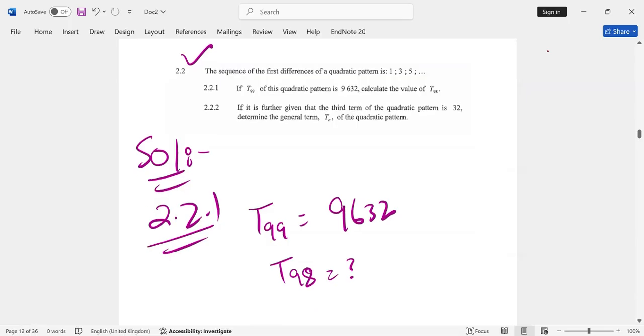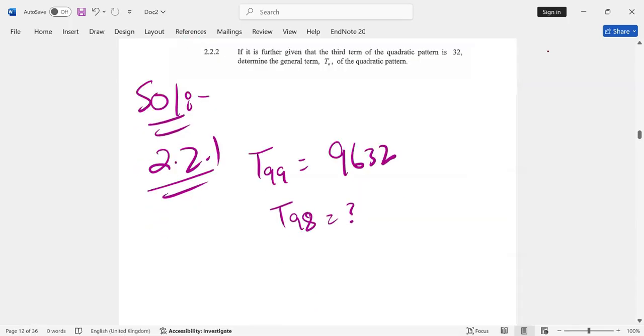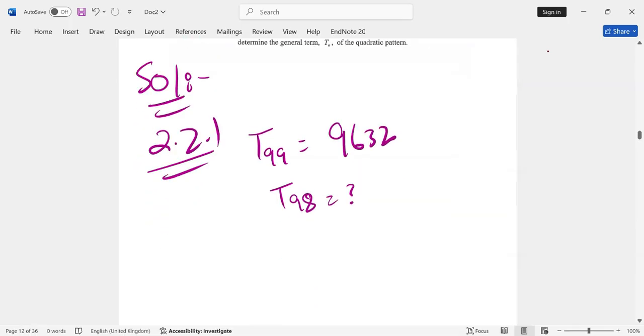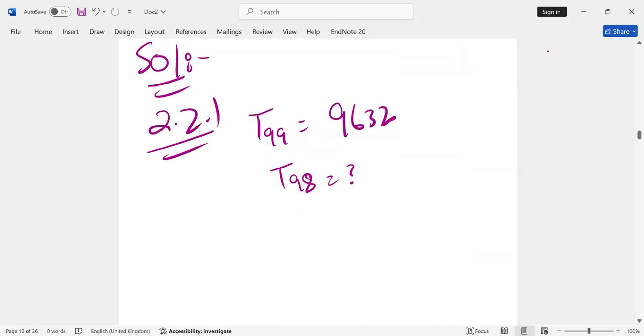The difference between T99 and T98 is the 98th term of the first difference sequence, D98. The general term for the first difference sequence is Dn equals 2n minus 1, since the first difference is 1 and the second difference is 2. So calculate D98,